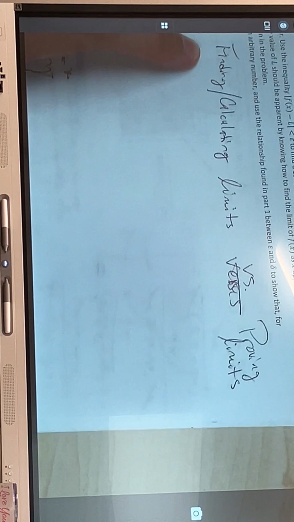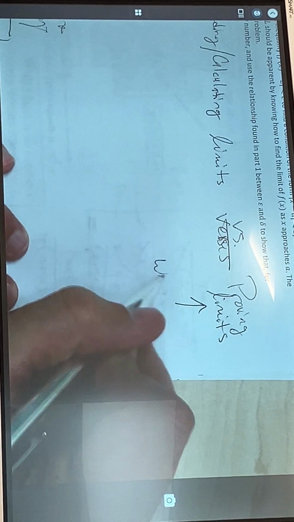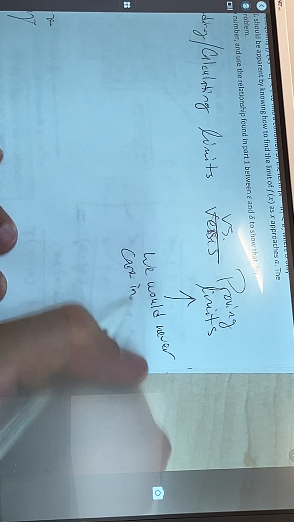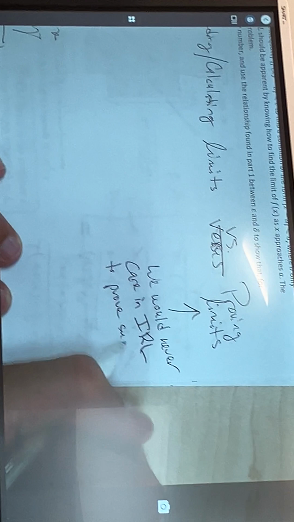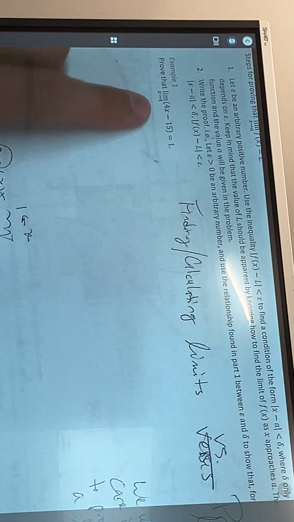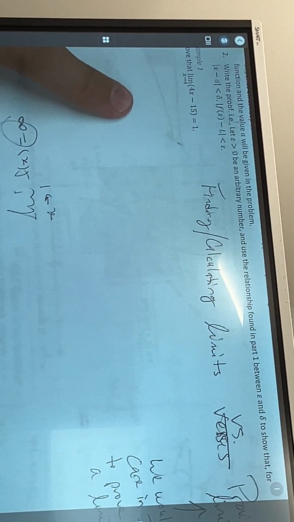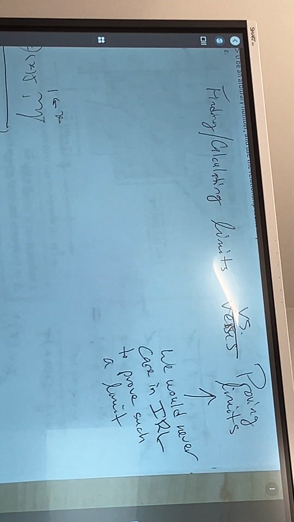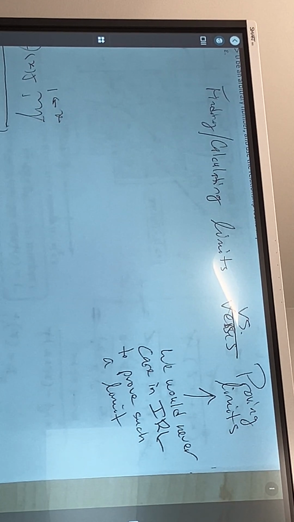It's a problem with proving that that's what the actual limit is. Now, proving this limit, we would never care in the IRL to prove such a limit as this, the one that's in the problem at hand. Proving that this limit is 1, it is trivial in nature, and it's not that important of an idea. But the things that go into proving this limit, they actually are useful, and they prove the modern theoretical foundations